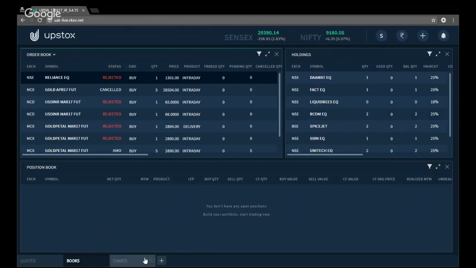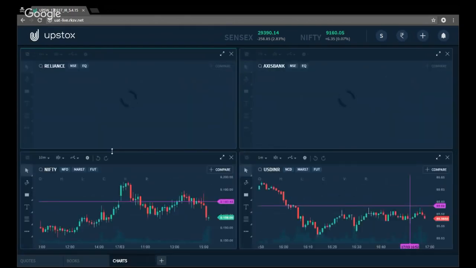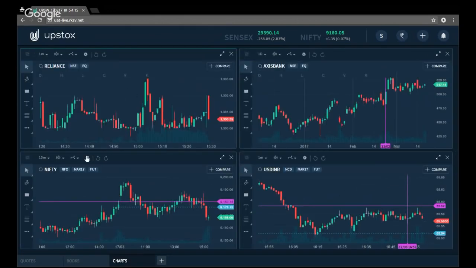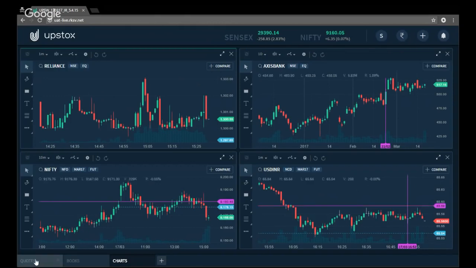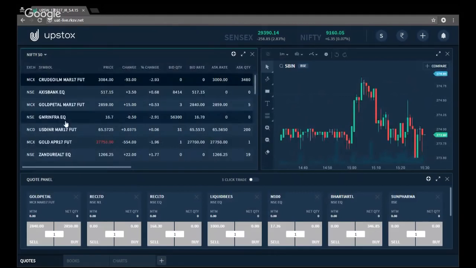Then for analysis, I have charts in the third workspace. These are my charts, and whatever charts I have added, we can view here. MCX is quite easy. The way I just showed you how to add scripts, the same way you need to use it. If you double click on this,